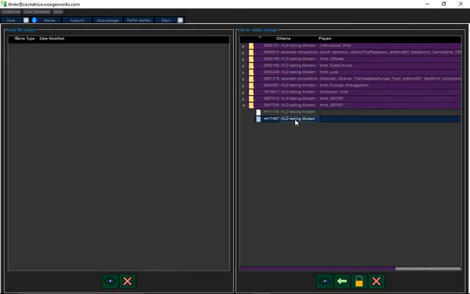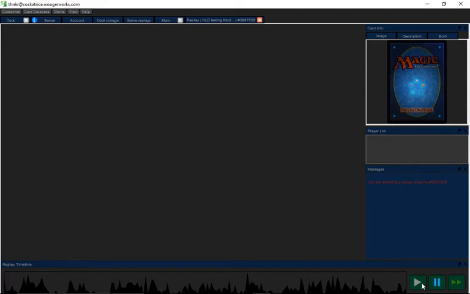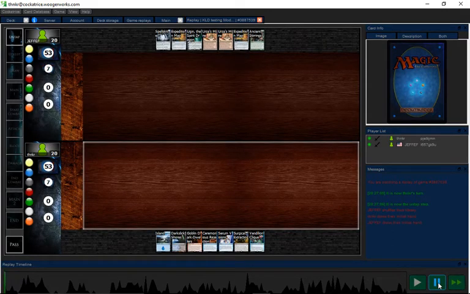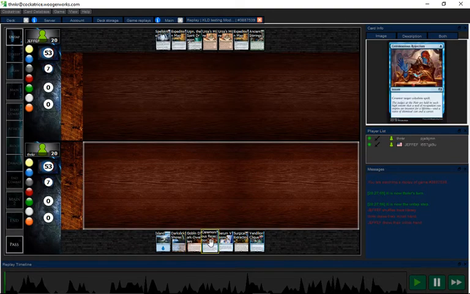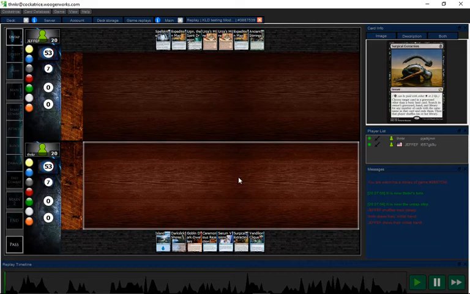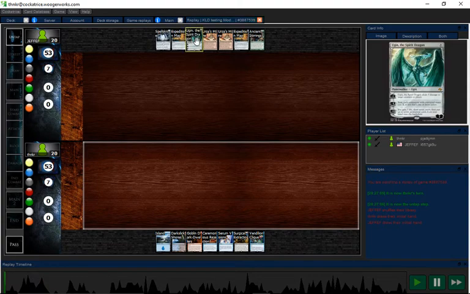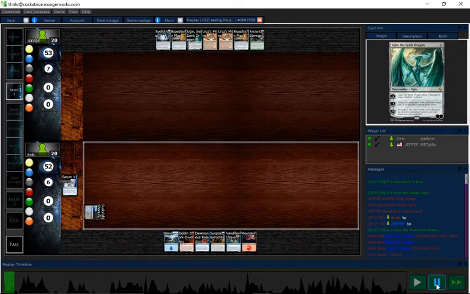So game two. Much better. Okay, so I side in Ceremonious Rejections, 3 of them, and 3 Surgical Extractions. Opponent sides in Spellskite, dead card against me. And Ugin, I can stop that. So I'm feeling pretty good. I mean, I didn't know their hand, but when I did...